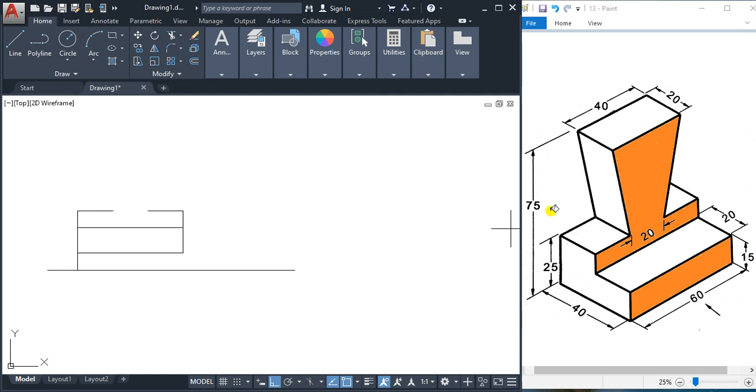So if you calculate, the remaining will be 50. So from this surface to this surface the vertical height is 50. So from this line we'll draw a line at a height of 50,